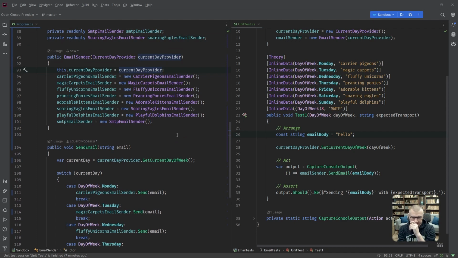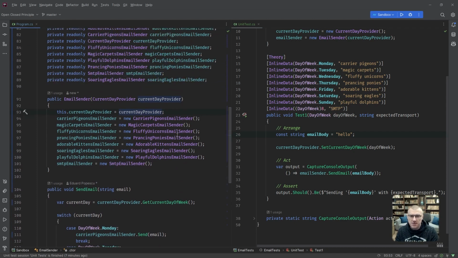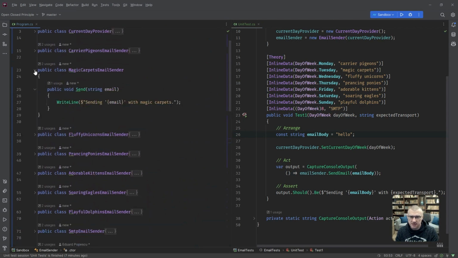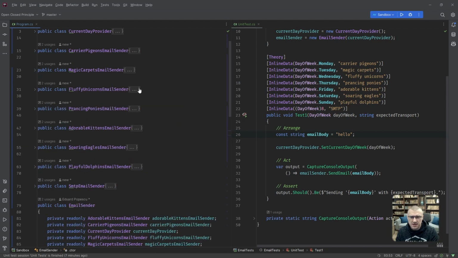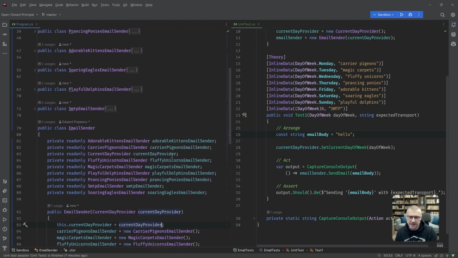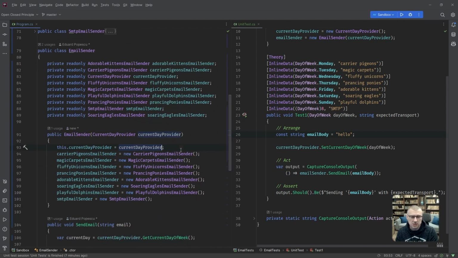What's the problem with this thing? The problem is that if we look at all these classes, if we squint really hard, we can see they've got almost the same signature. They have the same method called send with the same argument, doing almost the same thing. So wouldn't it be nice if we could extract this commonality into something common, like an interface?